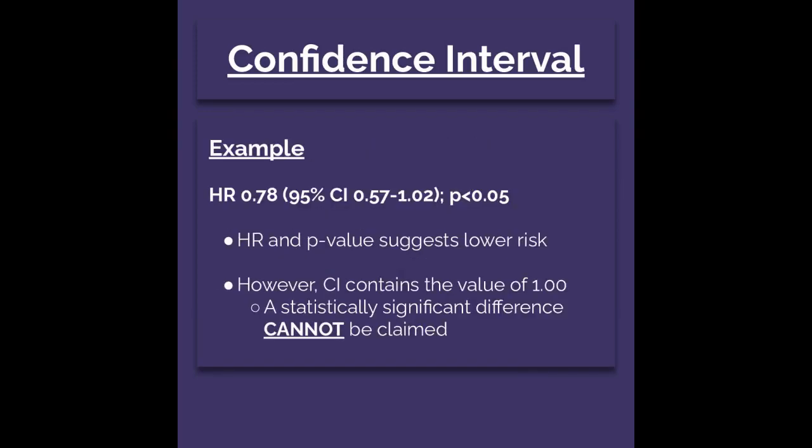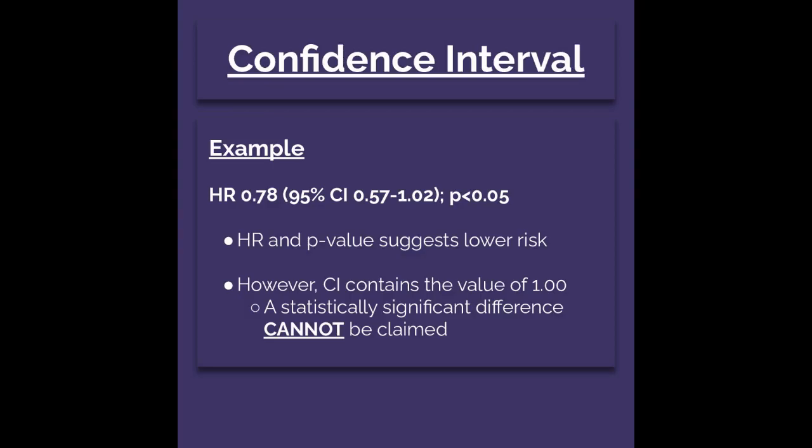Another way of putting this is using this example of a hazard ratio of 0.78 with a 95% confidence interval of 0.57 to 1.02 and a p-value of less than 0.05. So both the hazard ratio and p-values suggest a statistically lower risk for one group over the other. However, the confidence interval contains the value of 1, and for that reason, a statistically significant difference between the two